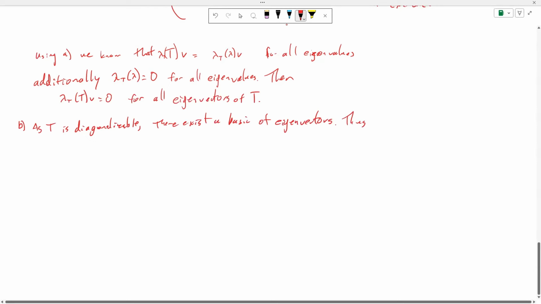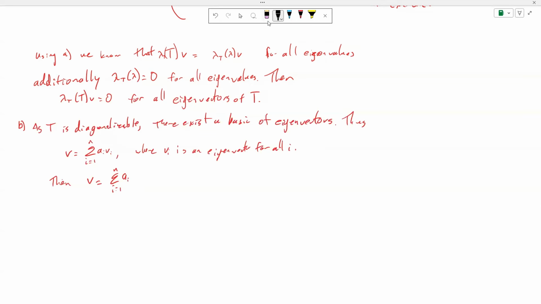Thus, v equals the sum of i equaling 1 to n of a_i v_i, where v_i is an eigenvector for all i. Thus, or then, v equals the sum of i equaling 1 to n of a_i, or, that's not quite the argument I wanted to go with. Then